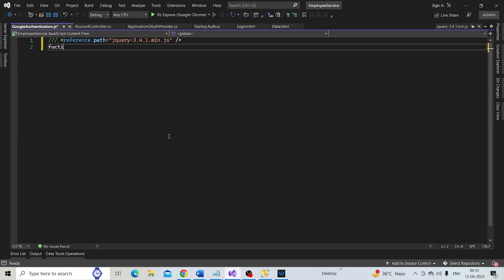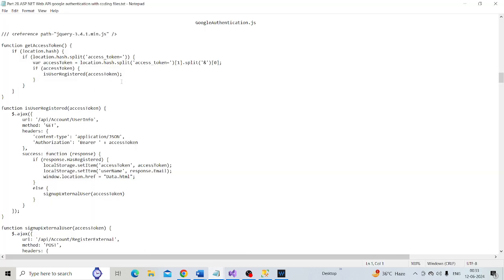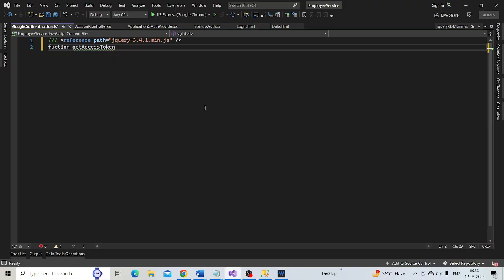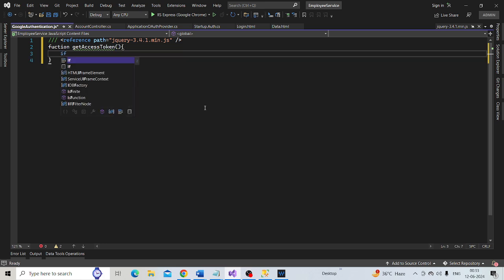Function getAccessToken. From the URL, let's use location.hash.